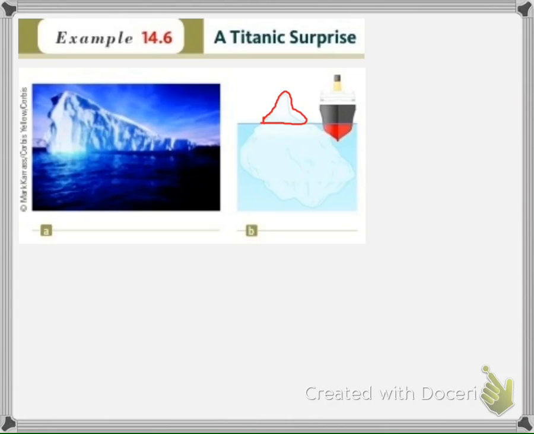Ice has a density slightly lower than water. Okay, so we have that the rho of the ice is lower than rho of the water. That's why we always see ice float in the water. So if we have an iceberg like this,